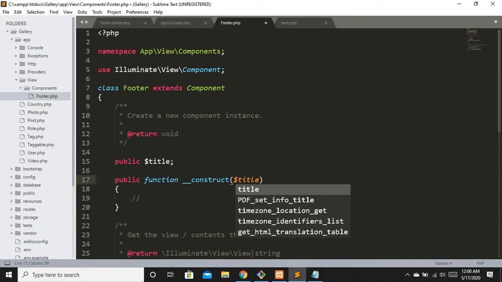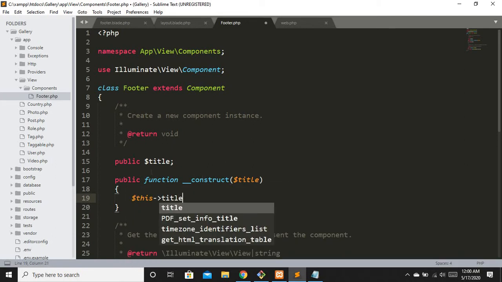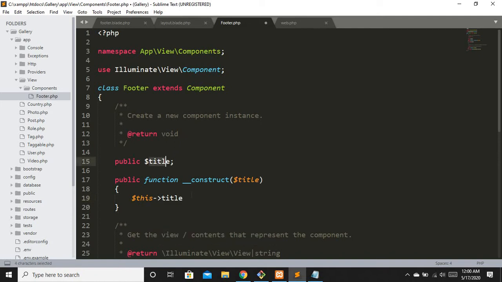Basically now I'm saying that this construct function accepts a title as well. Now let's assign this title to the class variable, $this->title. This is how we do it in object oriented programming, and without a dollar sign I'm assigning, basically saying I want this class title right here to be equal to the title coming from here.